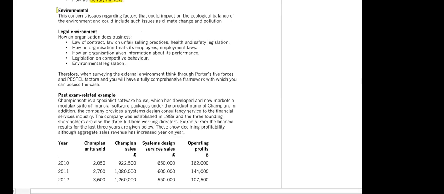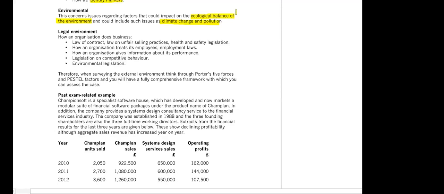Then when it comes to environmental factors, as I told you earlier as well, some authors also write it as ecological factors. There has been a rise of green consumers. You must have heard of this. There's a lot of focus on climate change, on pollution, on the ecological balance of the environment. There's a growing focus that the environmental footprint of companies should reduce: water usage, carbon footprint, water footprint, all of these should reduce. So these issues are a cause of concern because now there's a greater